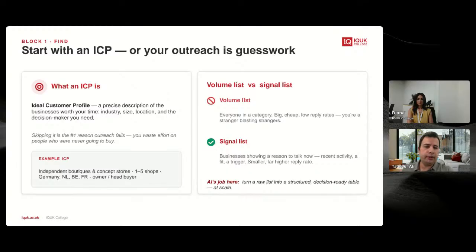So really go for relevant businesses. Also, find signals. Are they really relevant for you or not? You can look at their recent activities. For example, a gift shop recently posting on Instagram about new kinds of gifts and handbags they want to sell. That's a good signal. You can use that signal in your email as well: I saw that you want to expand your product line, and I wanted to reach out to you, as maybe our products are suitable for you. That kind of approach you can use to define your ideal customer profile.